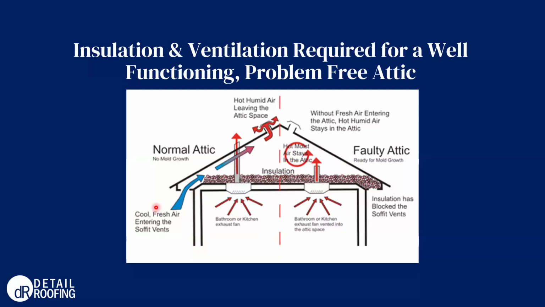So that's achieved by the cool air coming in at the lower edge of the roof through the air intake soffit vents. And then it's going to move through the attic and then out at the peak of the roof, either right towards the ridge or at the ridge. We're seeing a lot more ridge vents installed these days. But either way, those are your air outtake vents. They should be clear and unobstructed. Their purpose is just to allow that cool air to move through and then out through the outtake vents at the top.